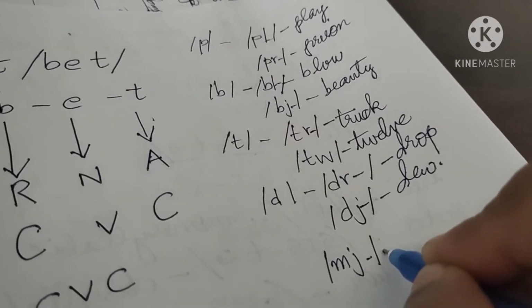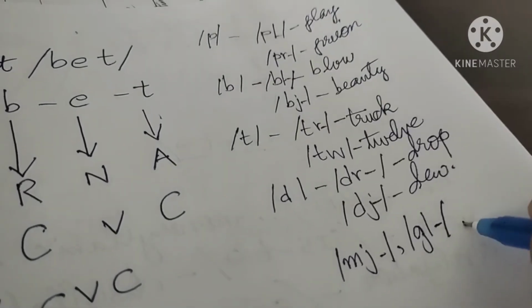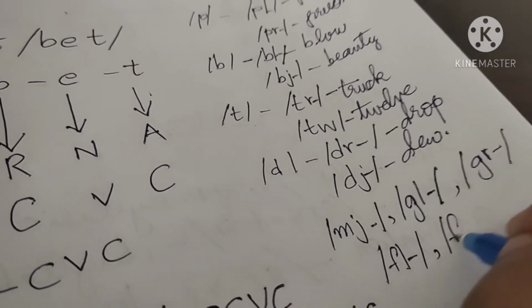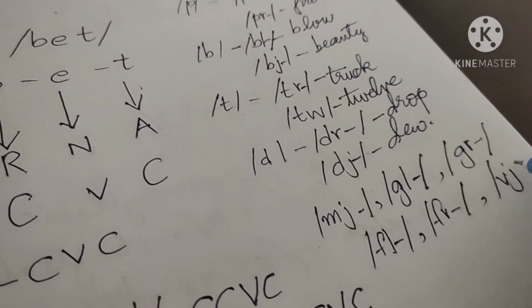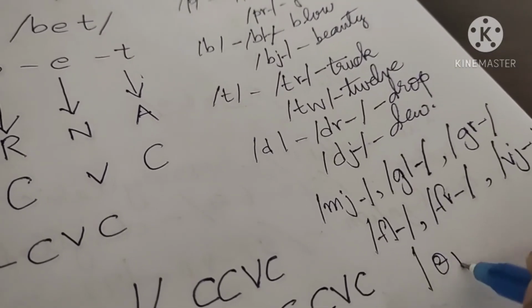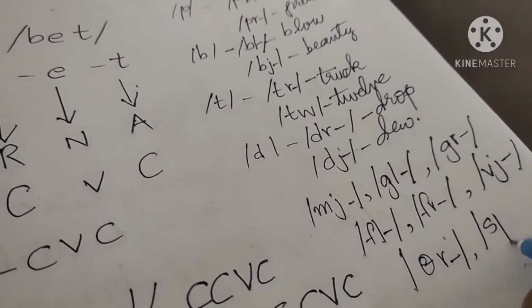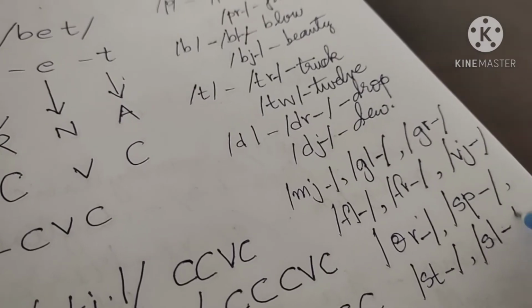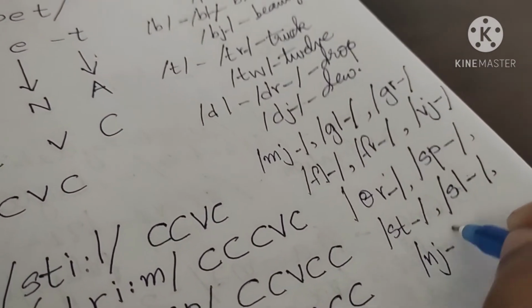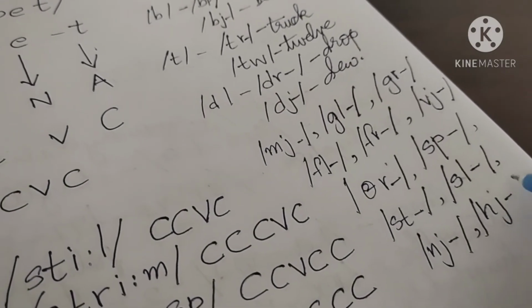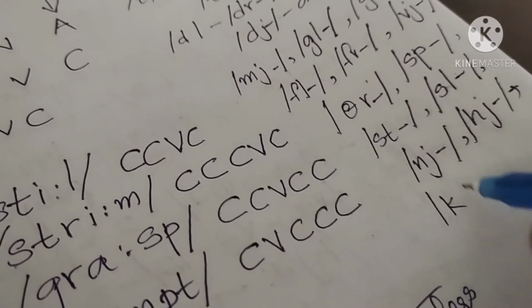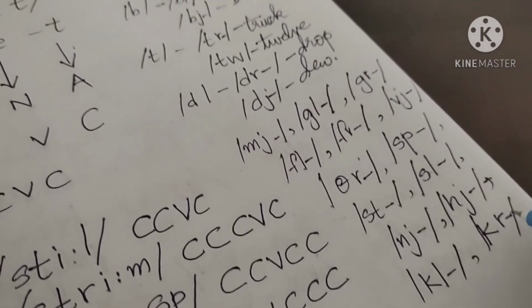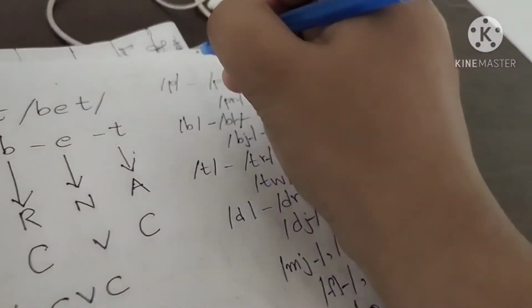Similarly, we have got others like nj, gl, gr, fl, fr, vj, tr, sp, st, sl, nj, hj, cl, cr, etc., as initial